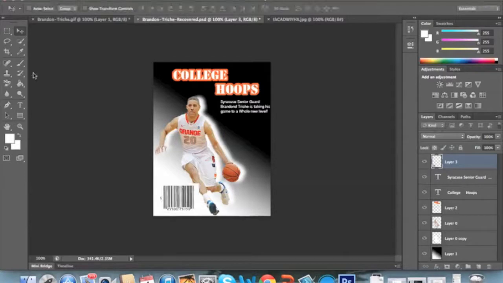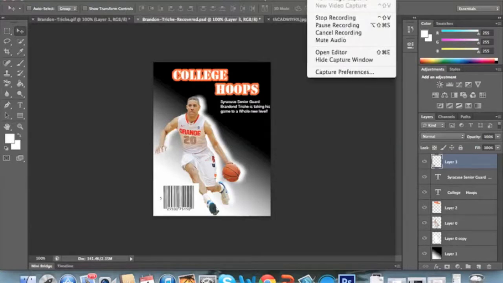Now that we're done, I hope that you learned the basic tools used to make a magazine cover. And here is our final product, a basic example of